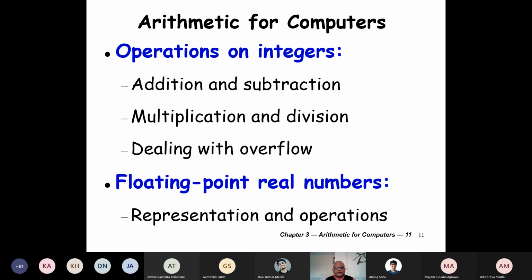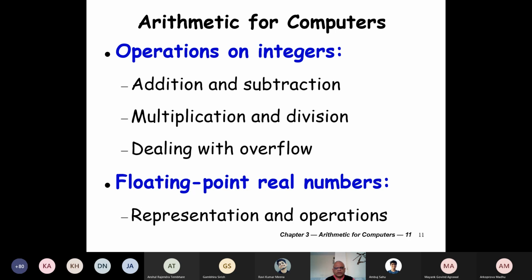In the arithmetic of computers, we'll first discuss the operations on integers and how to achieve them: addition and subtraction, multiplication and division, and also whenever there is an overflow during the operation, we will see what to do about that.